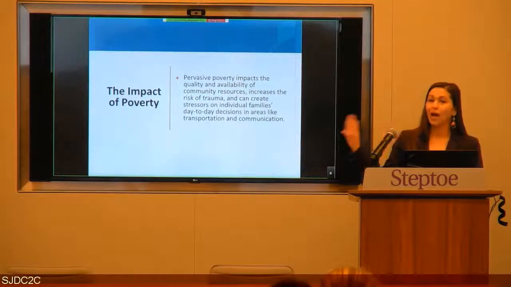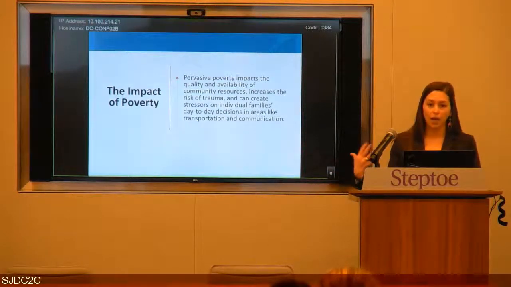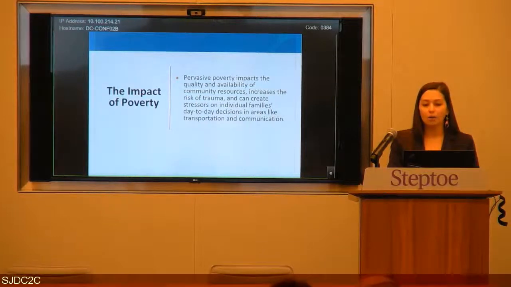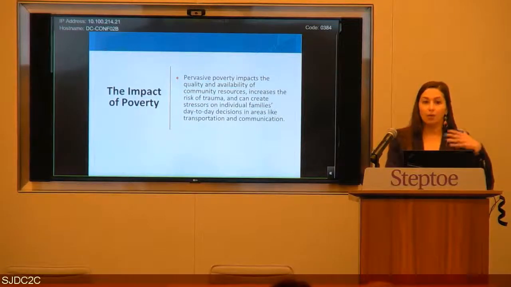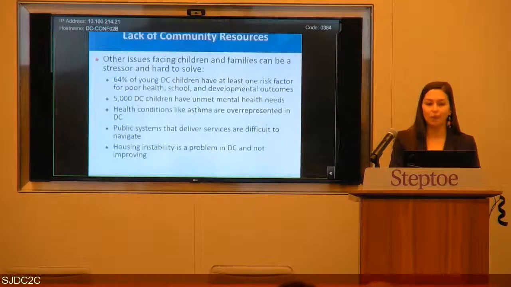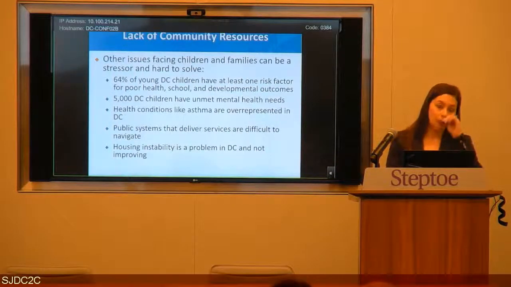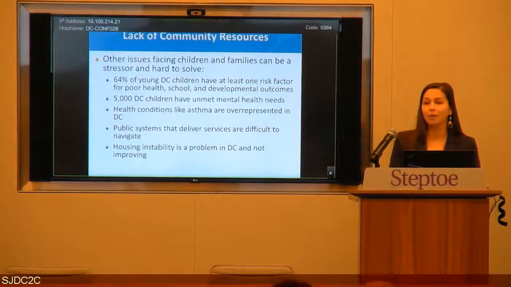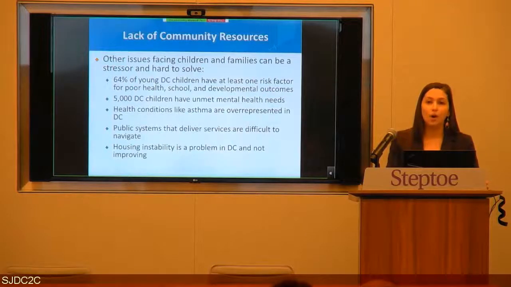And so you're going to rely on the community more when you don't have resources of your own. And ultimately, the issue our clients face when they're relying on the community is that it's not there to meet their needs either in many significant ways. So we have families who are struggling with unmet mental health needs. That's something Children's Law Center does a lot of systemic advocacy on. We have a policy team, and mental health is one of the issues we do a lot of work with and around. And so we know that we don't have sufficient quality resources in the district.